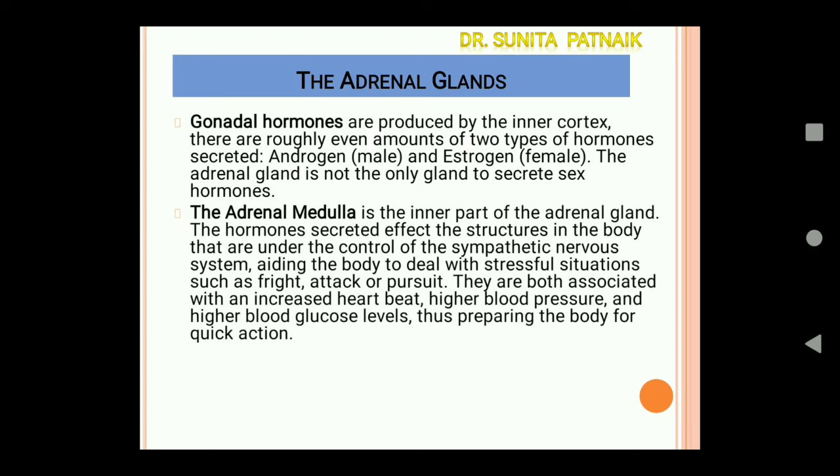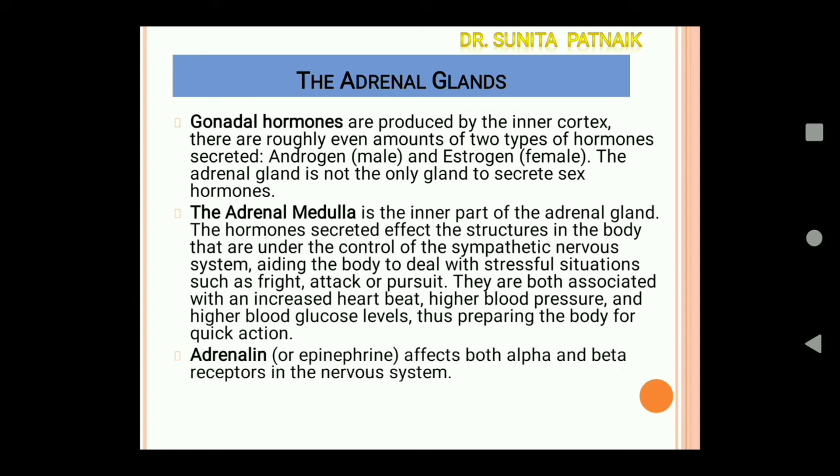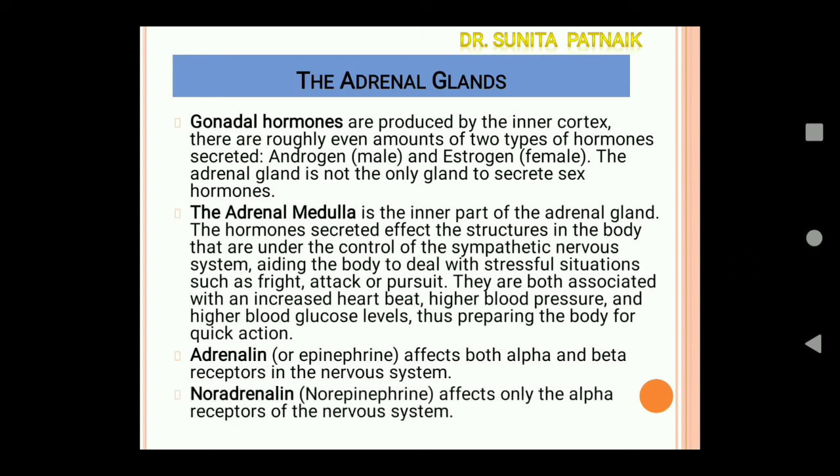So the adrenal medulla, which is the inner part of the adrenal gland, secretes hormones that affect the structures in the body that are under the control of the sympathetic nervous system, aiding the body to deal with stressful situations like fright, attack or pursuit. So they are associated with heartbeat, high blood pressure and high blood glucose levels. Adrenaline affects both alpha and beta receptors in the nervous system. Noradrenaline affects only the alpha receptors of the